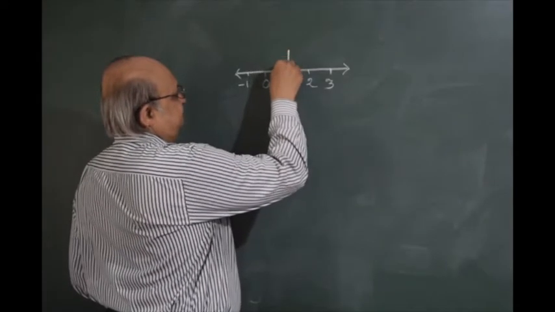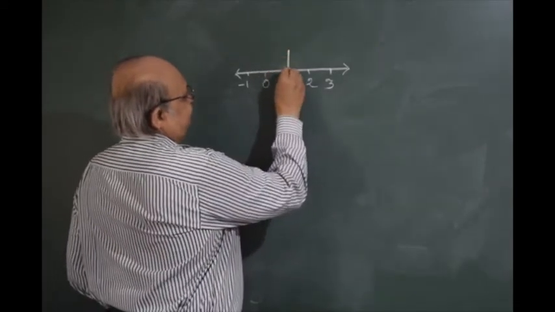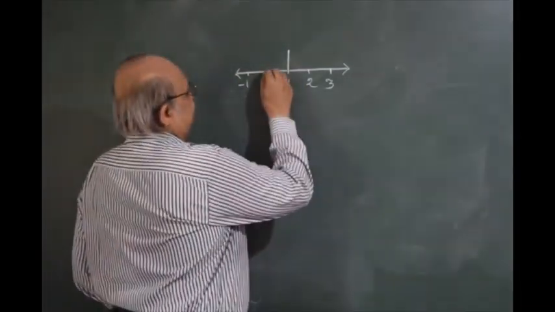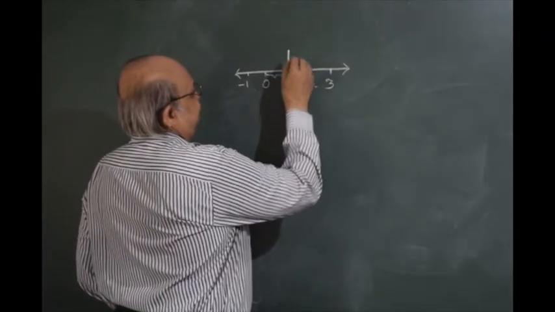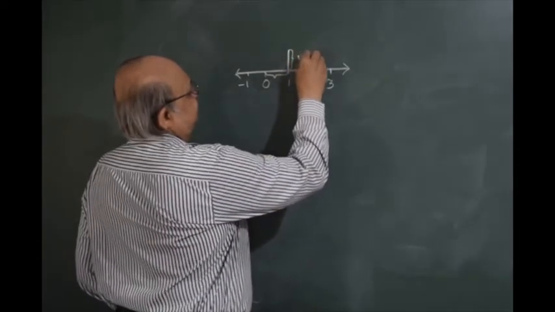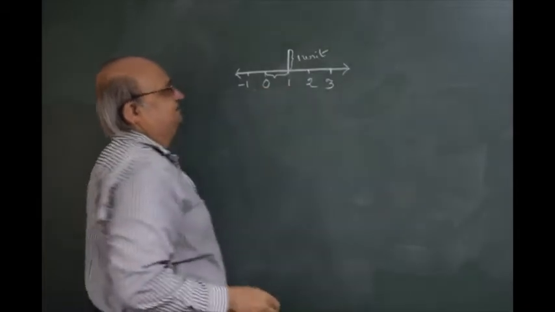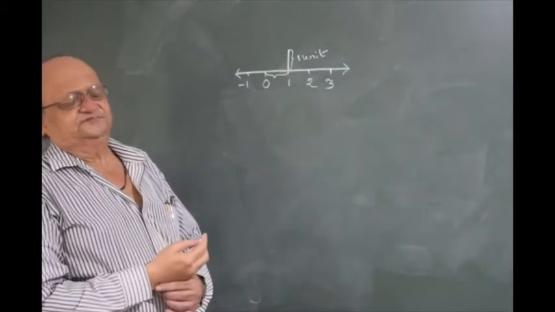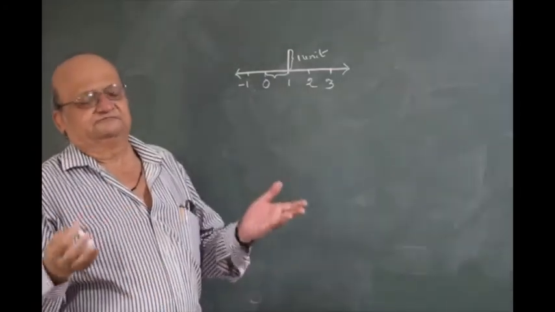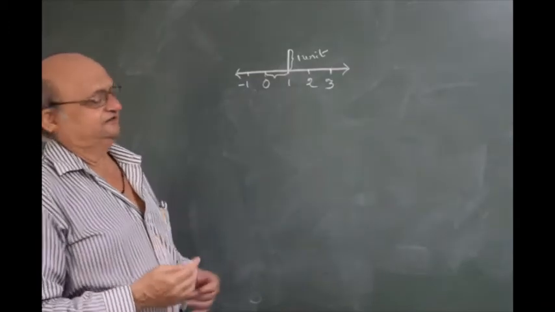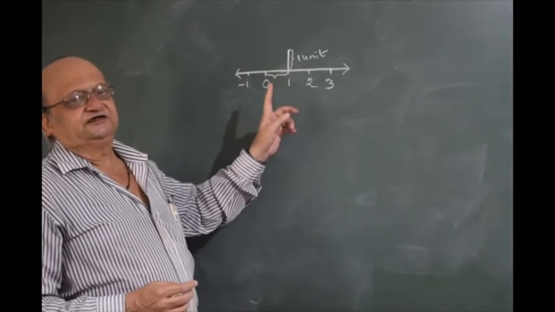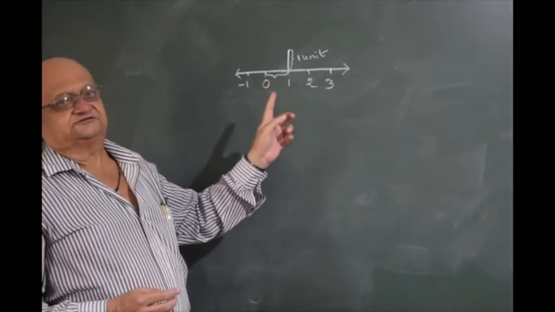We draw the same length perpendicular to the number line. By that I mean that this length must be equal to this length, and the size will be 1 unit. Now that unit can be centimeter, can be inch, can be meter, whichever is convenient. But if you ask me, I would prefer to tell you that whenever you draw a number line, use the inch scale on your foot rulers.